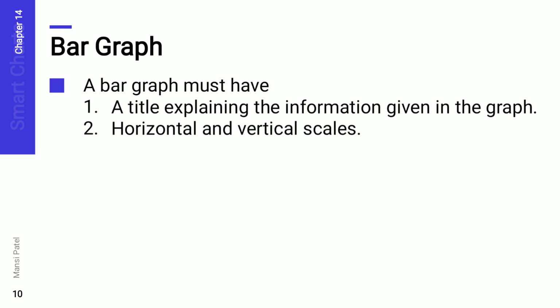The second one is the horizontal and vertical scales, that we already see, they were given to you, meaning which information they wrote in horizontal, which information they wrote in the vertical scale. In the previous graph you see that they gave the month to you and they gave the number of students to you. So that is the scale, vertical and horizontal scales they were given. Then they explain the label explaining the scales.